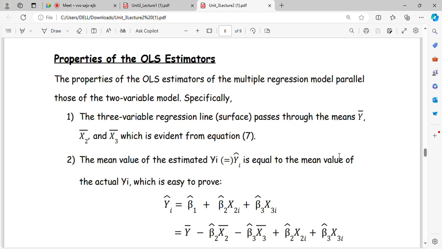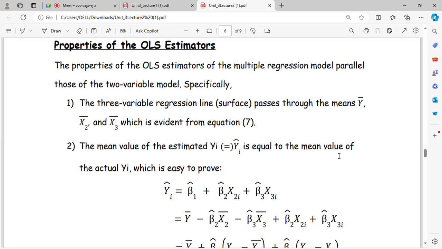Similarly, in case of three variable regression line surface, এটাকে আমি surface বলবো, why? Because this is a three dimensional space, right? It passes through the means y bar, x2 bar and x3 bar, which is evident from equation 7. Previously, in the two variable case, we assumed that the regression line must pass through the mean values. তো এখানেও সেটা হোল্ড করা উচিত।